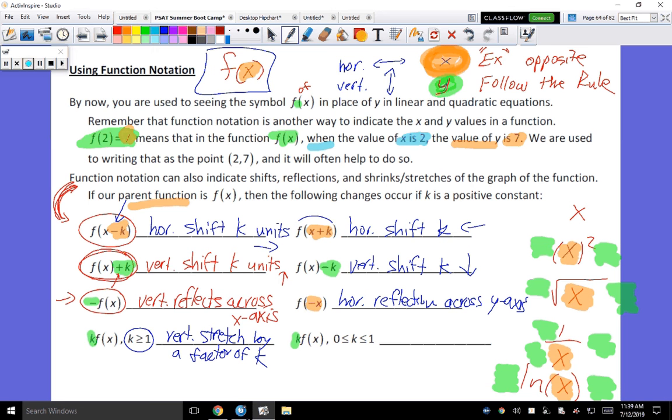And then over here, it's a vertical compression. So it's going to shrink it. Vertical because it's not inside with the x. And it's going to be a compression by a factor of